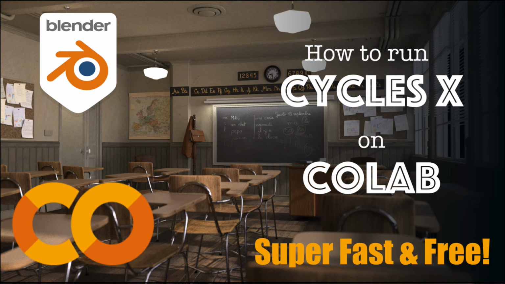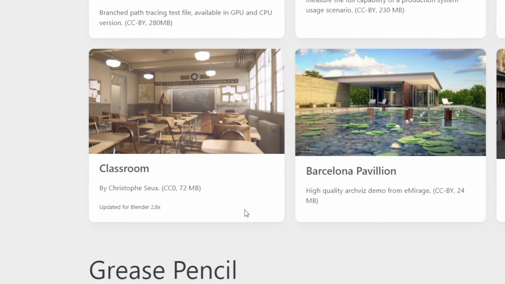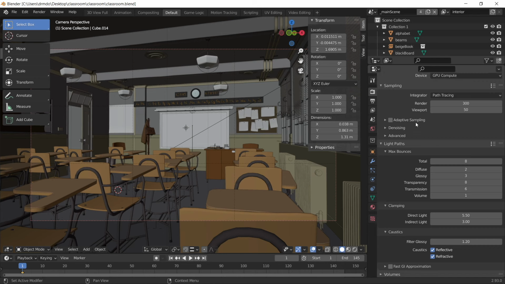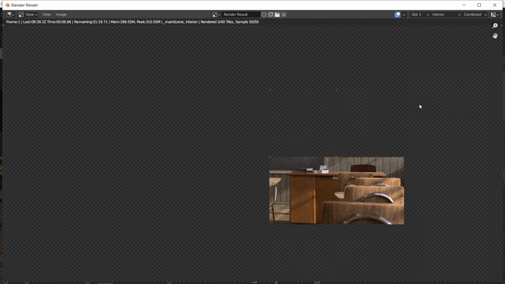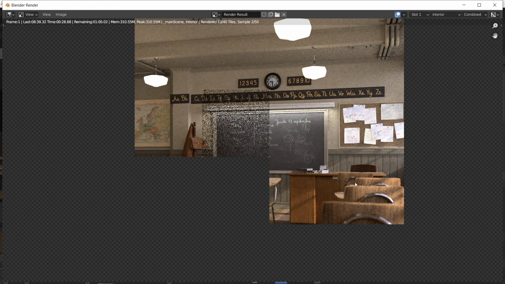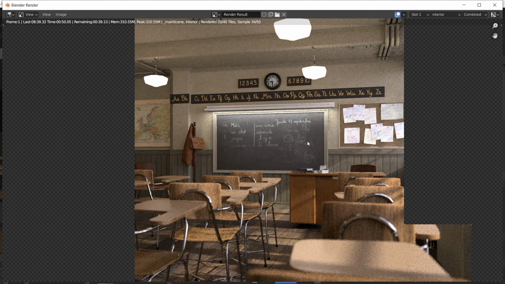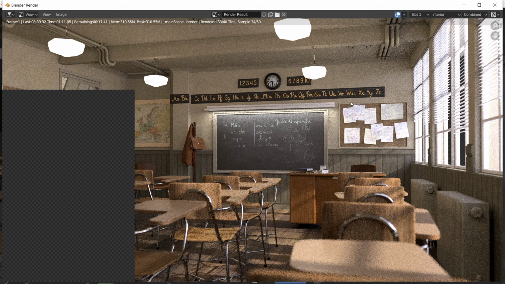First of all, I want to show you just how quick Cycles X can be. I've downloaded this demo Blender scene from the Blender website. It's called Classroom. I've opened it up here on my laptop. The only thing that I've changed from the default file is the tile size and selected GPU as the render device. As you may have heard, Cycles X is doing away with tile-based rendering and has moved towards progressive rendering only, which means it renders the entire frame progressively rather than rendering small tiles individually and then moving on to the next.